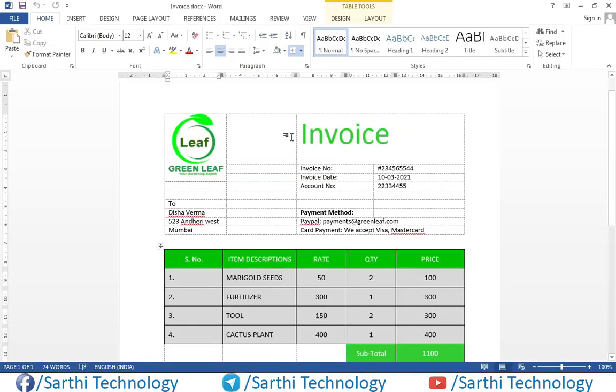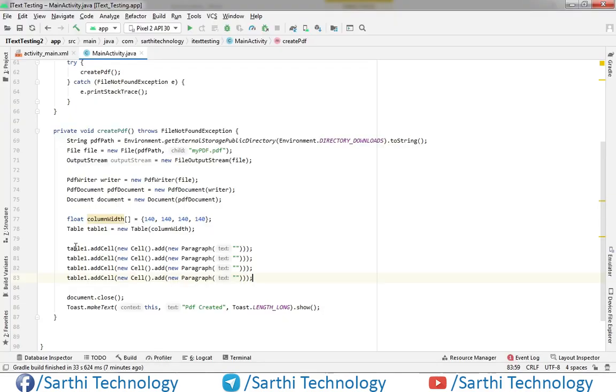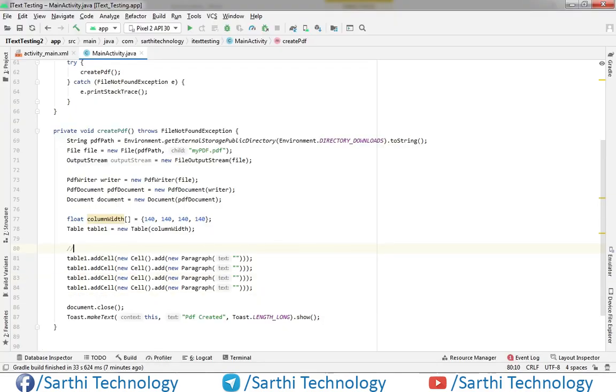Okay, so we have 1 2 3 4 5 6 7 8 9. We have 9 rows, so we need to create 9 rows here. So this is first, so just table 1, 0 1.